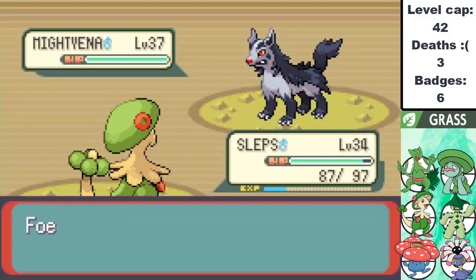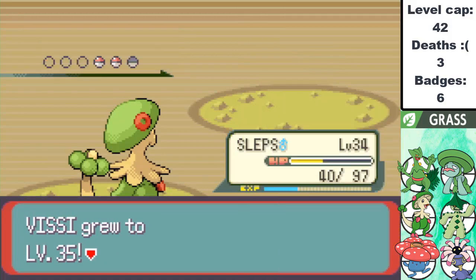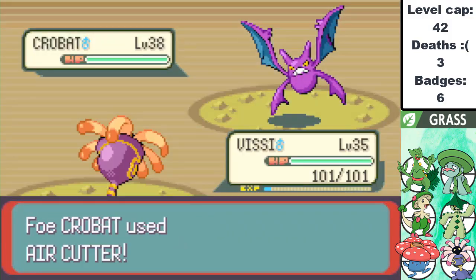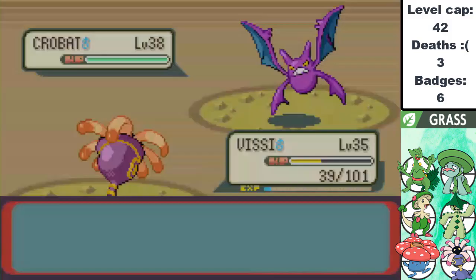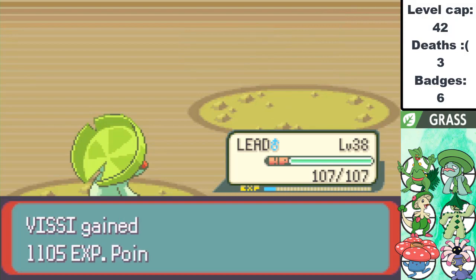Firstly, I trained in the Magma Hideout, which might seem a bit crazy with a bunch of grass types, but there's just a bunch of Gravelers in here. I did the Maxie battle a bit underleveled, but we managed to pull through. Our bad confusion luck against his Mightyena was leveled out with Lileep's massive defense, as it helps to defeat the